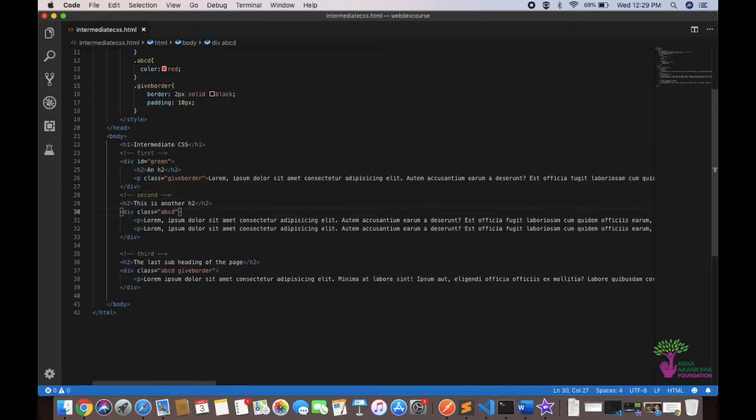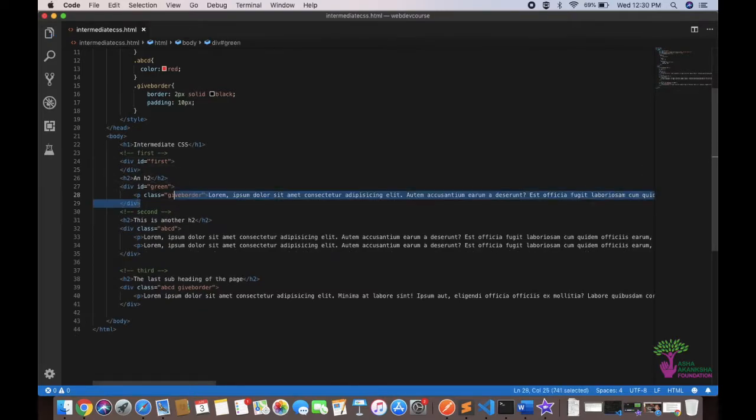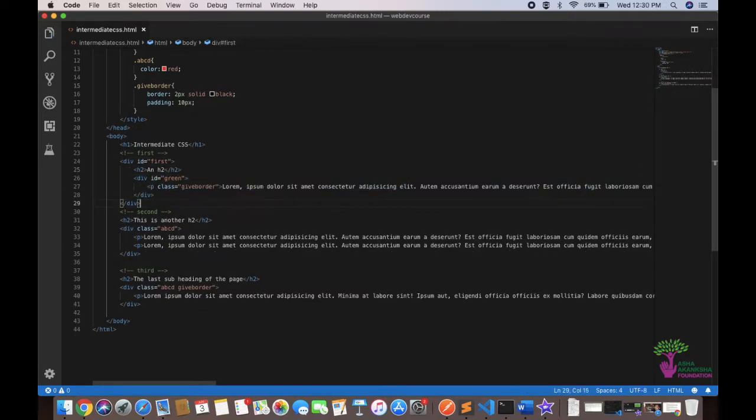So what I mean is that imagine this h2 was not in this div, but this was in another div called id is equal to first, right? And then I'll move all of this up here. So now this is the structure I have. I have a div of id is equal to first, then I have an h2, then I have an id is equal to green, right? So what specificity here would do is that